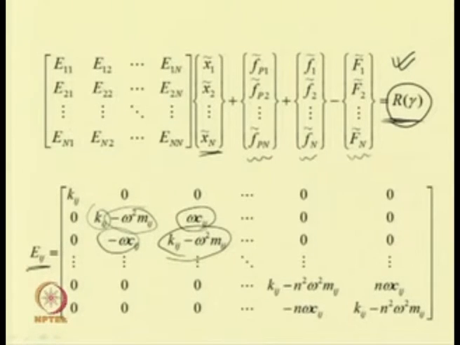So, for example, E 11 will be equal to k 11, and this will be k 11 minus omega square m 11, c 11 minus omega c 11, k 11 minus omega square m 11. So, in that way, one can write this matrix. E I j terms will contain this way. Similarly,